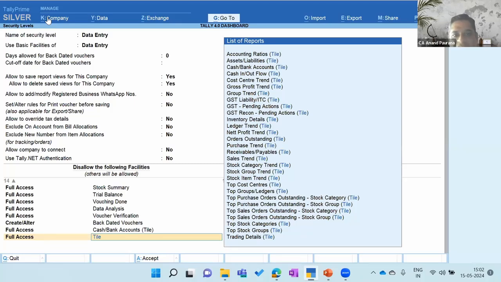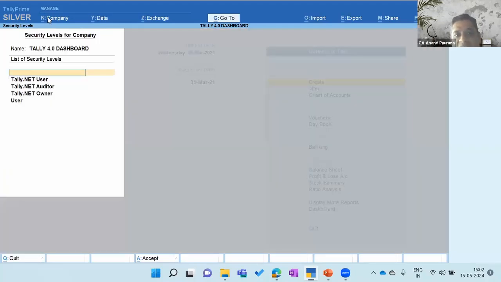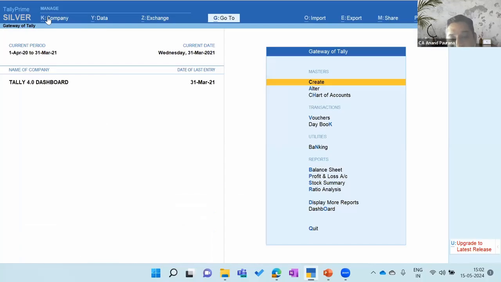This is tile wise security. So on a dashboard there are 10 tiles, and out of the 10 tiles I don't want to show 3 tiles. I can very well configure that within the tile. But what if I don't want to show him the dashboard? Then when you create the dashboard,